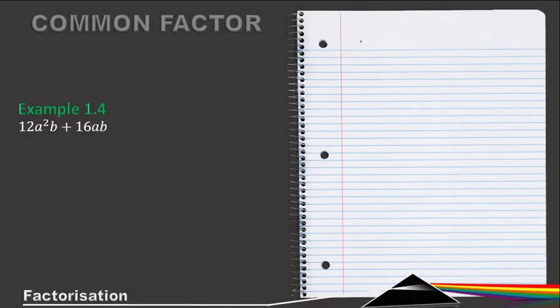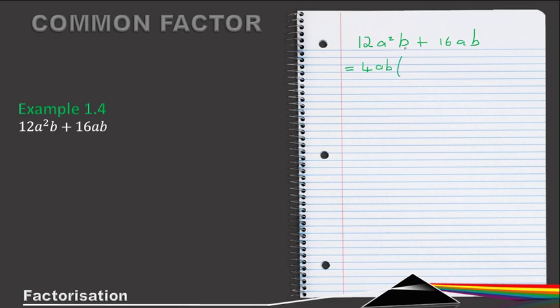Example 1.4. So here we have 12a squared b plus 16ab. All right, now 12 and 16, what is my highest common factor there? I know that these are both multiples of 4, and my highest common factor is 4, so I can take 4 out. Then a, so both of them contain a, and at most I can take 1 from each. So an a, and both have a b as well, so I take out a b,